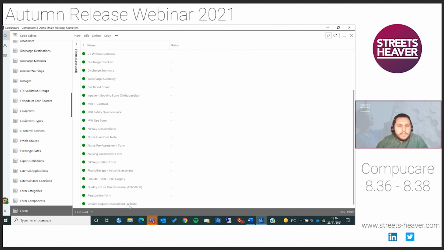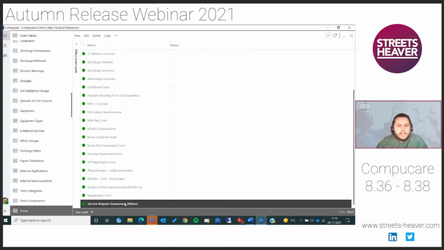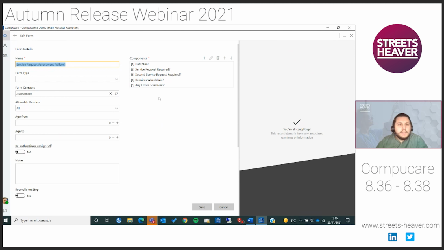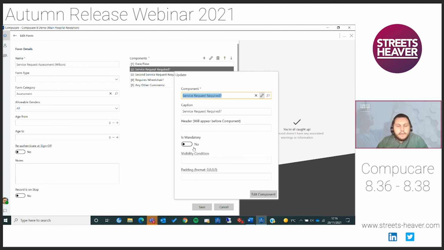And if we go down to the bottom, you can see there's a form here called Service Request Assessment with Wilson in brackets. So this is the form I've set up for the example. A couple of the new components I just want to talk through quickly and then we'll have a look at how they're working. We've got this new dynamic service request field. So if I just click into that and click on the edit icon there,